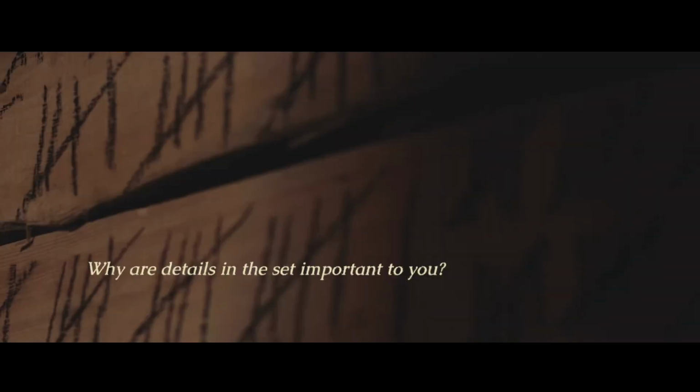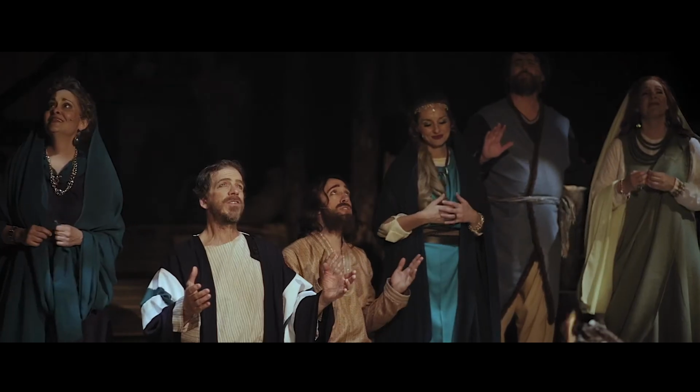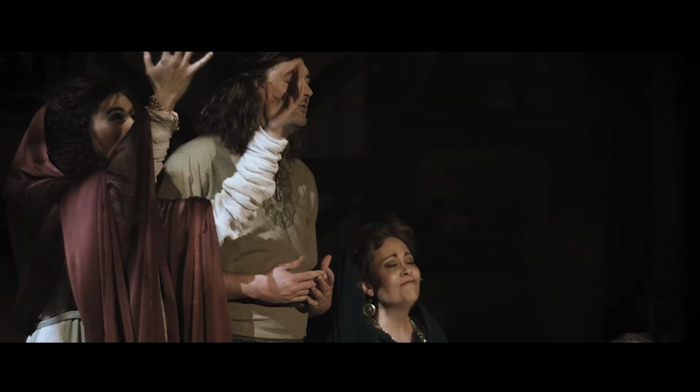So I'm known as a man of detailed work. Part of that reason is to immerse the actors into the set, into their environment. You know, once the actor actually believes that they're in the environment, I believe that we as the viewer believe the story even further. And I hope that this story doesn't point to myself or any individual on the stage. While in some ways, you know, it is a big set, it's something to look at, we also don't want it to distract from the message that the scripture is trying to teach us